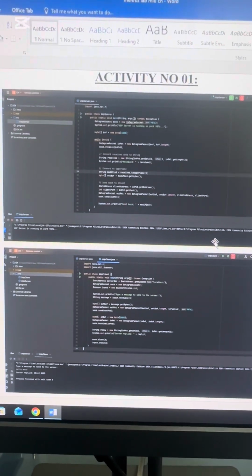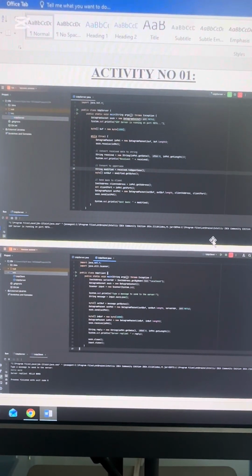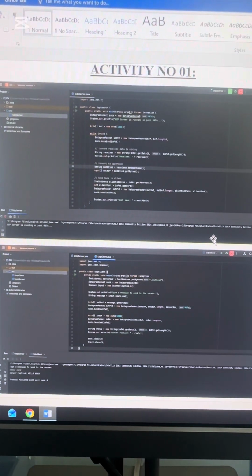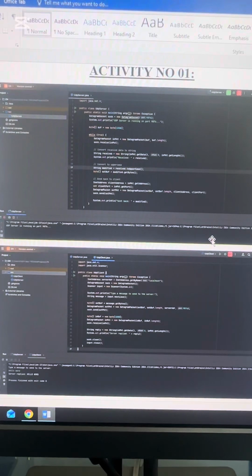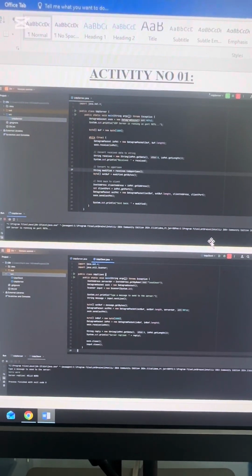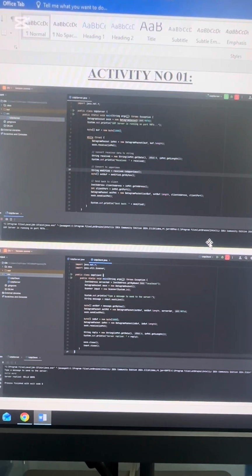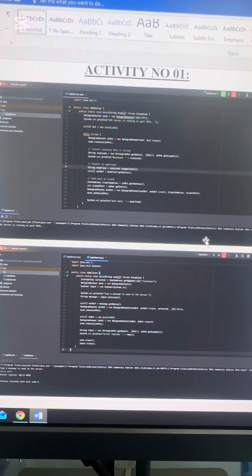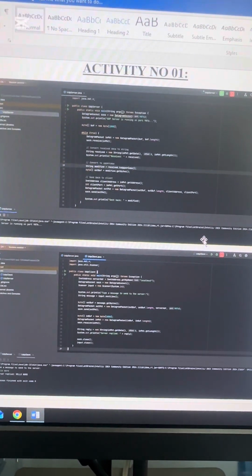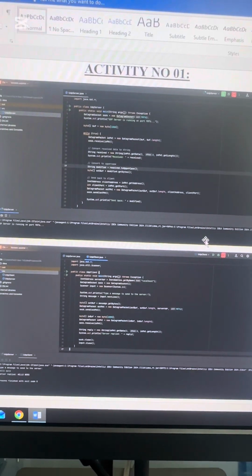Today our first activity focuses on the User Datagram Protocol, which is a connectionless protocol. We have implemented a simple UDP client and server application. The UDP server listens on port 9876, receives data from the client, converts that data to uppercase, and then sends the modified data back. The UDP client sends a message to the server. As you can see in the output, the client sends "hello world" and the server correctly replies with the uppercase